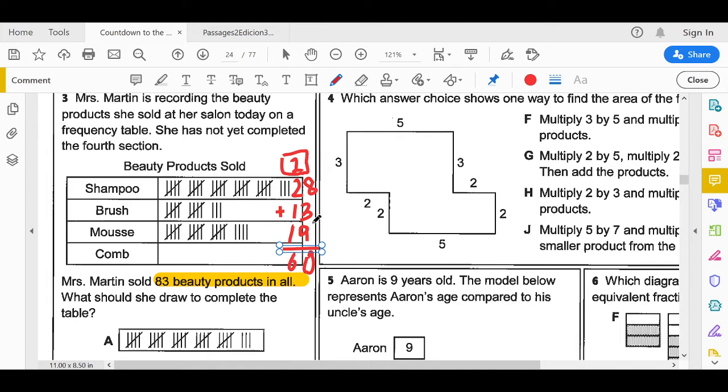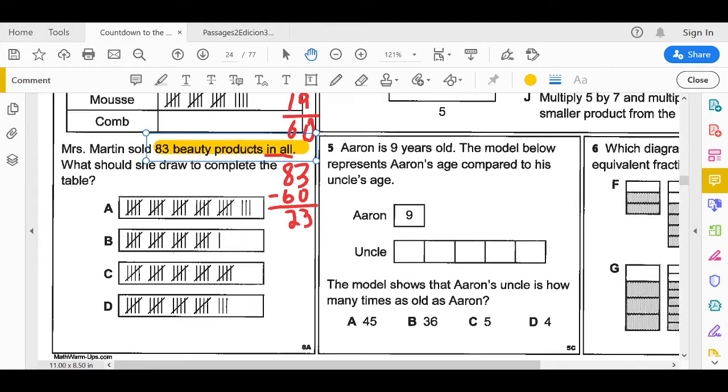Okay, so we know that these three products here make a total of 60. And we know that she sold 83 products in all. So what I have to do is subtract 83, the number of total products, minus 60, which is the number of the products that we already have on the table there. And when I subtract, 3 minus 0 is 3. 8 minus 6 is 2. Now I know that in order to complete the table, I will have to find the number 23 in these